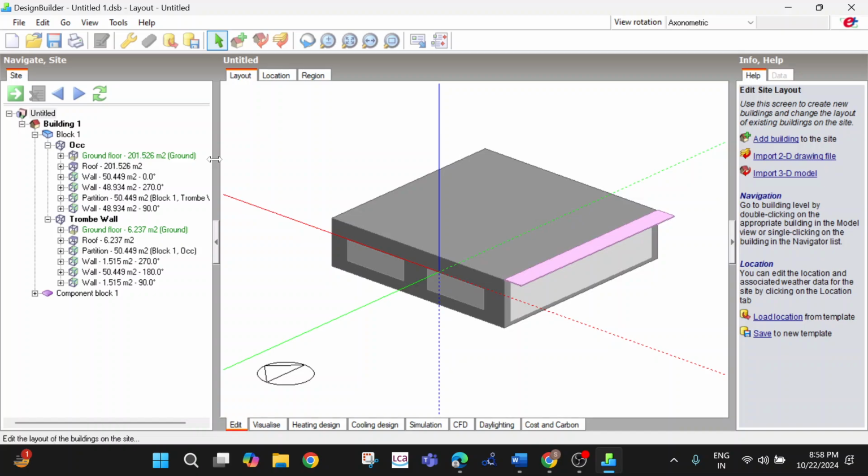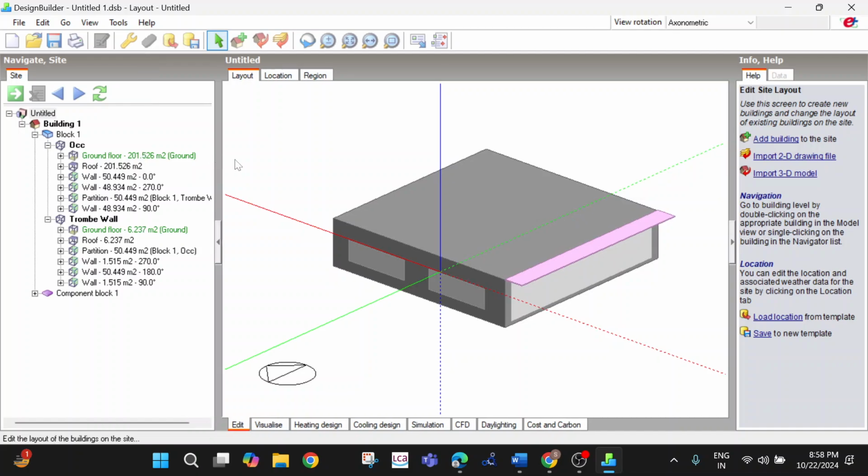Which software is mostly used or more appropriate for green building certification? Currently DesignBuilder is more dominant and widely used by researchers. That's why we have incorporated it in the course, and others you can also utilize. It's not only about heating. Some software are very good at particular heating design calculations, but this is a